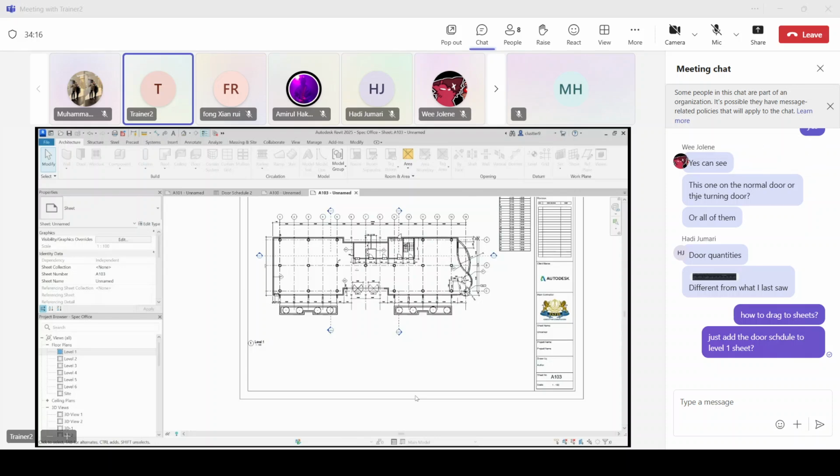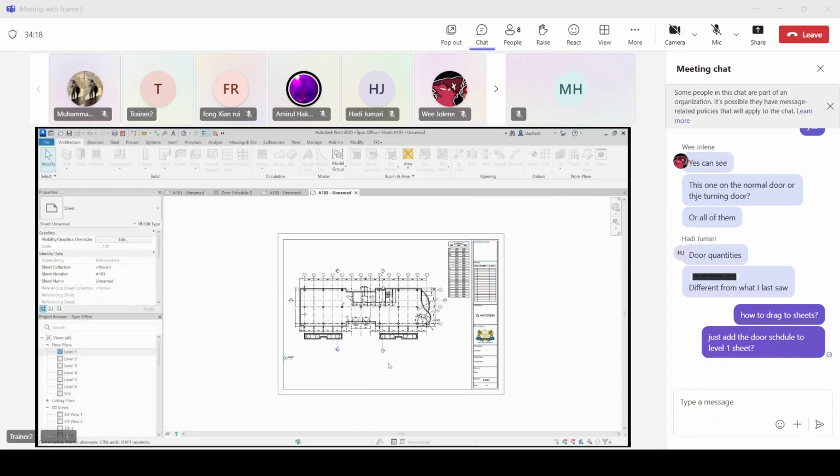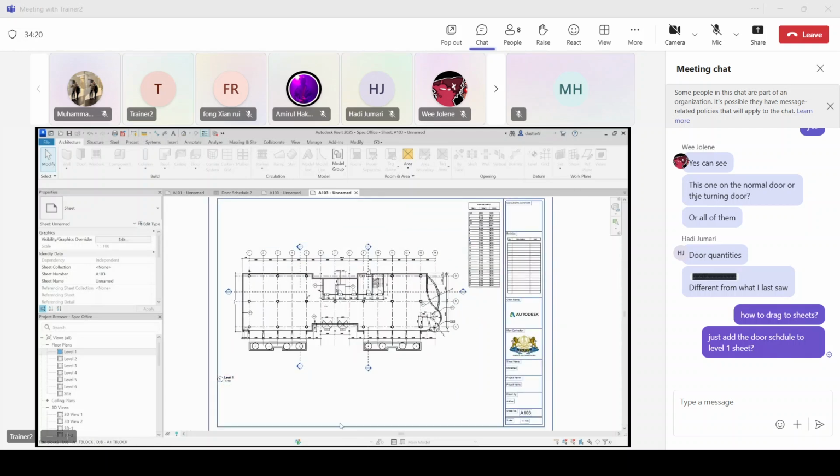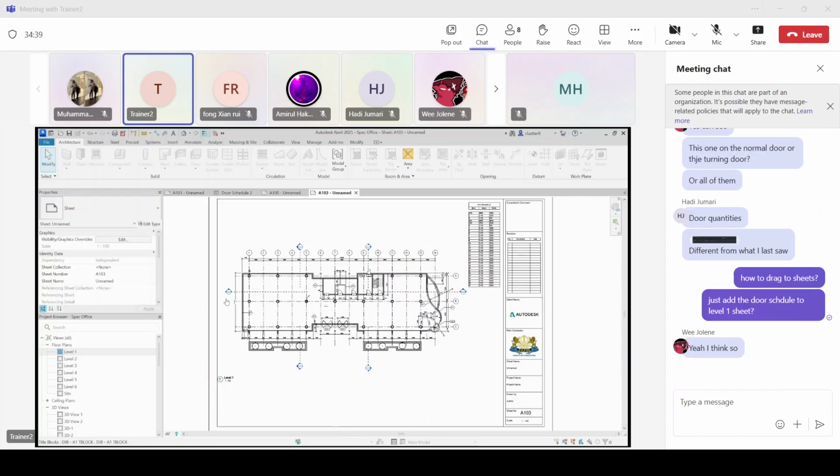So you can actually create a view template on 1:100 scale. All right? Are we all good? Yes. Just drag, the same way as you drag the view, Jing. Just select the schedule in the project browser, and just drag to the sheets. So anyone having some difficulties before you proceed with the exam?